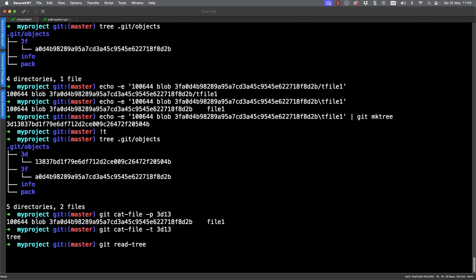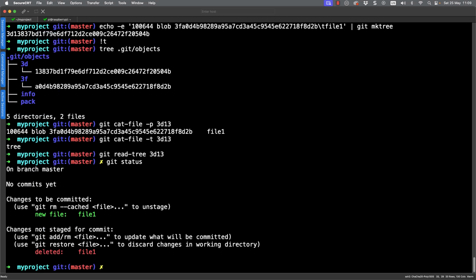If I use git read-tree and then start reading that tree object back in, so I can use escape and dot to bring back the 3D13, that's now added it to my file system. And we can see now that I get the little X, so I can look at git status, and we can see there that I have a file.